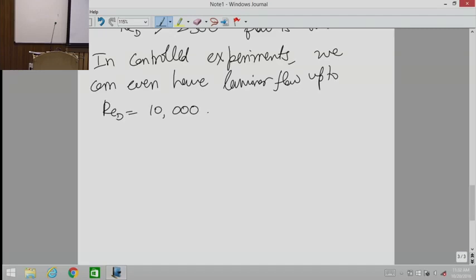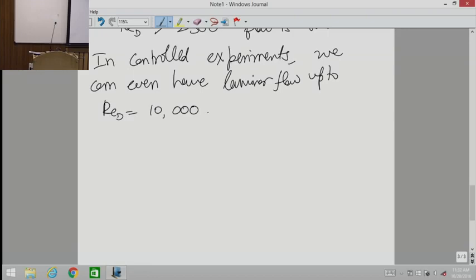So therefore, what do we do in a turbulent flow? The turbulence theory has, since Reynolds proposed this, there have been many ways of approaching the turbulence. The first thing he did was he averaged out the equations. He carried out an averaging, which again, I'm just telling you for information's sake, we'll not do the details of this in this course. He carried out an averaging of the equations and wrote the equation for averaged quantity.